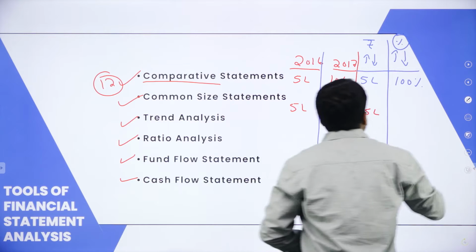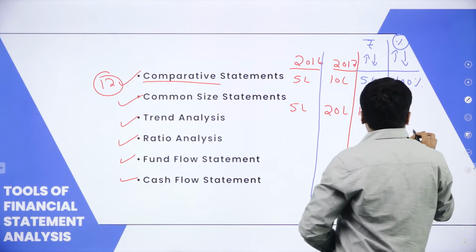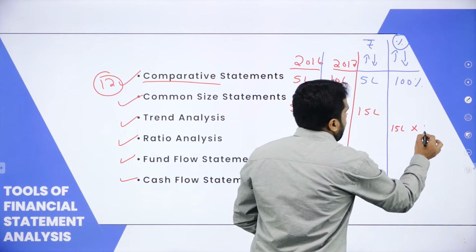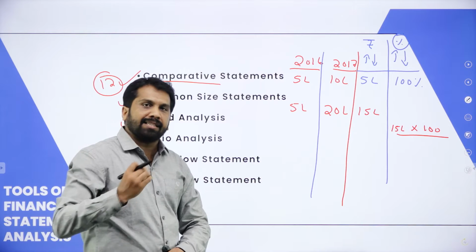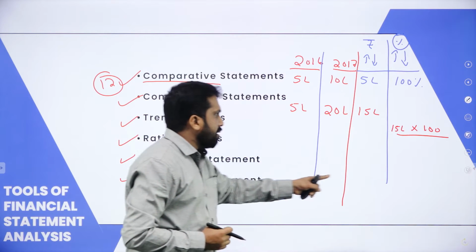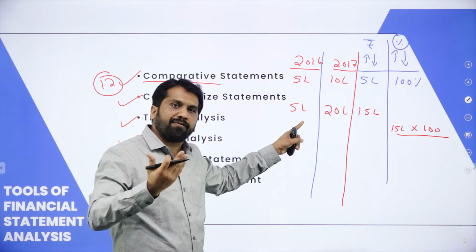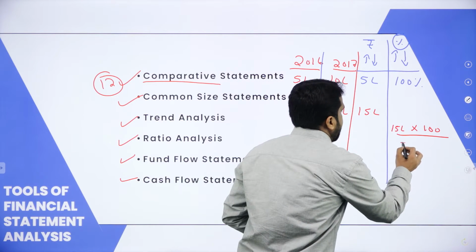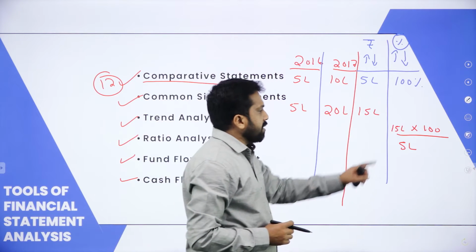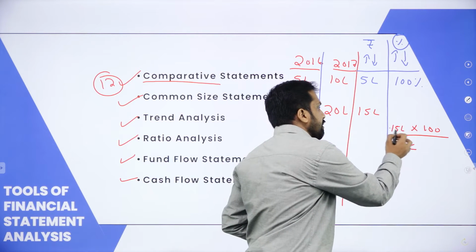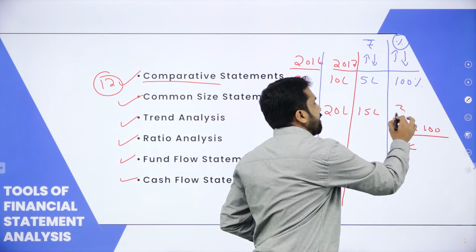Easy. 15 lakh multiplied with 100, divided by what? As I told you, come back to your first column. What number do you have in the first column? 5 lakh. Divided by 5 lakh. Now, 5 lakh gives 3, so 3 multiplied with 100, your answer is